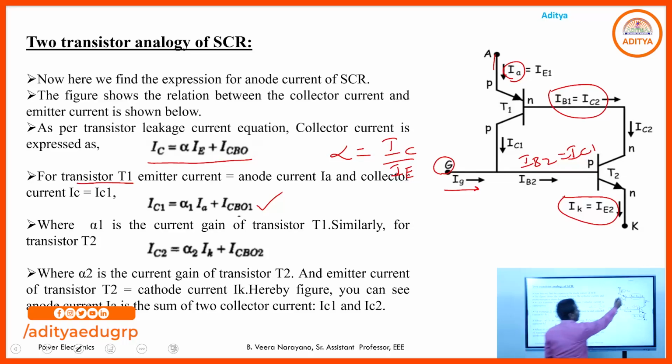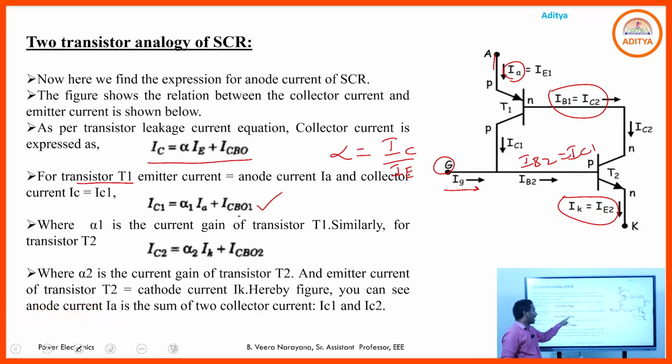IE1 is nothing but IA, hence we take alpha 1 into IA plus ICB01, the forward leakage current of the first transistor,